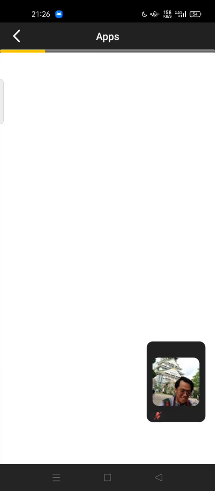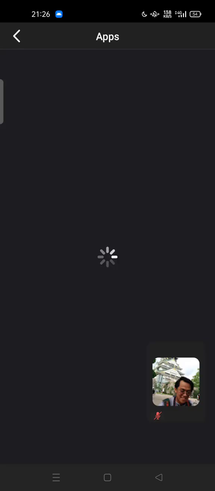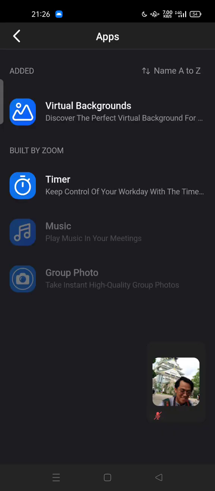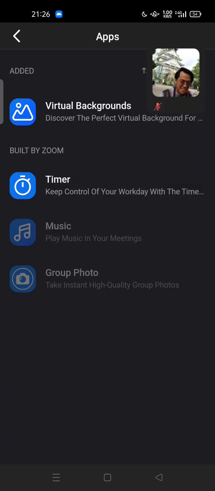And also there are notes, and if you tap on apps, you can set a virtual background powered by Pexels. You can tap this virtual backgrounds. You can change into the blurry one, or there are some categories that you can try to set as your